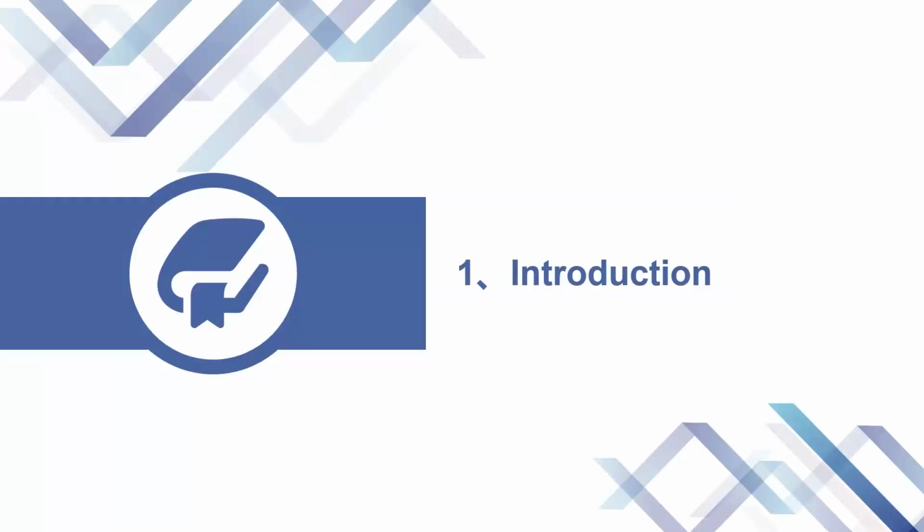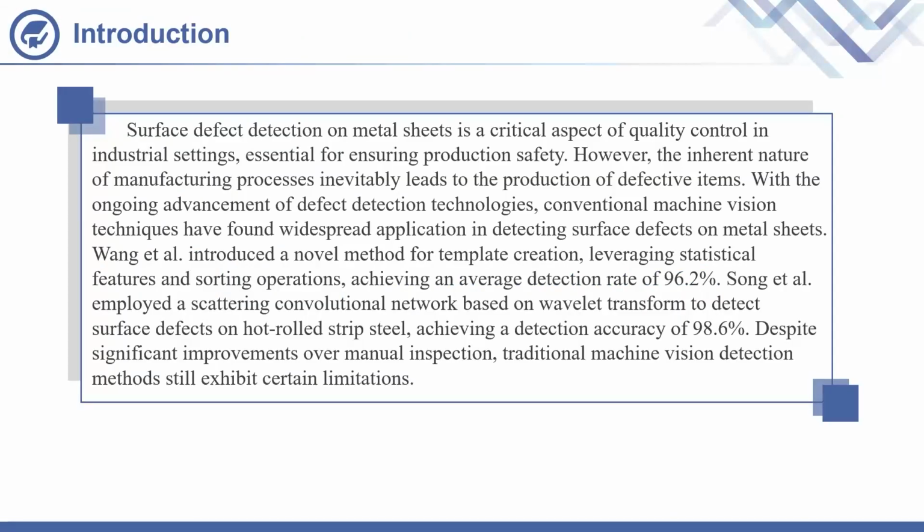Part 1. Introduction. Surface defect detection on metal sheets is a critical aspect of quality control in industrial settings, essential for ensuring production safety. However, the inherent nature of manufacturing processes inevitably leads to the production of defective items. With the ongoing advancement of defect detection technologies, conventional machine vision techniques have found widespread application in detecting surface defect